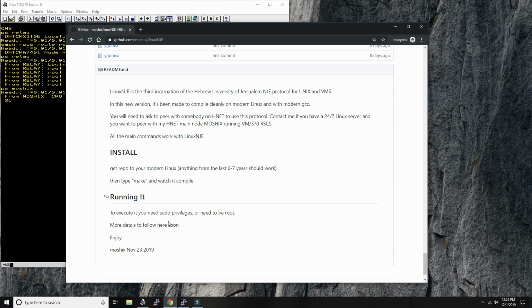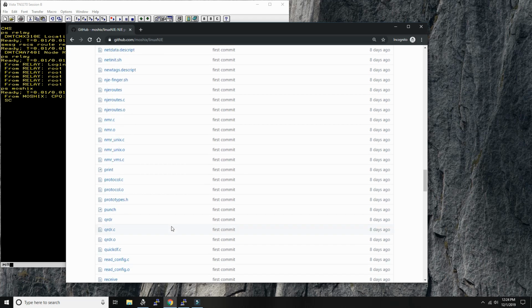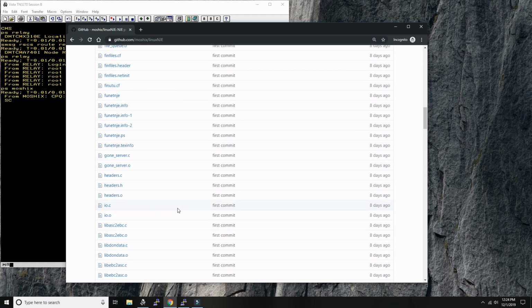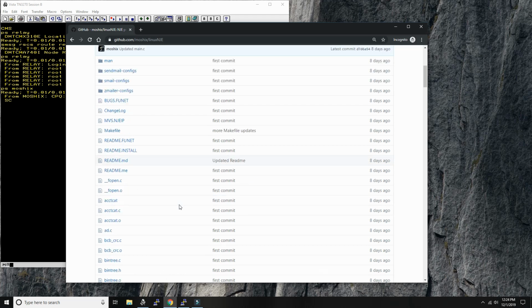So that's the good thing about it. You can see November 23rd, 2019. This protocol now runs directly on the Linux machine and can connect to any mainframe using the network job entry protocol. Now the good thing about this is that there is a directory here